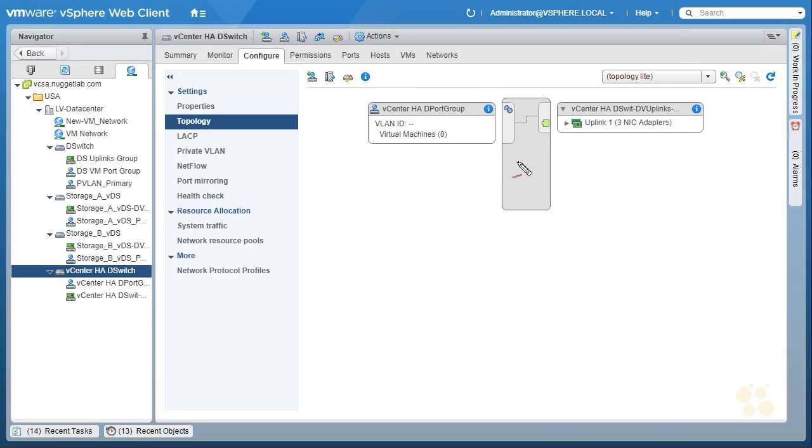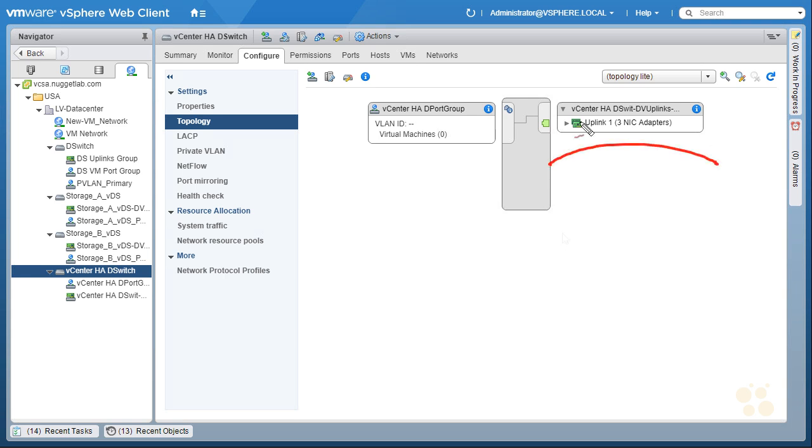We now have our distributed switch right here with this port group and this uplink. And again, one of the beauties of a distributed switch is that it's consistent across all of our ESXi hosts, meaning each of our ESXi hosts are going to have this port group as part of being associated with this distributed switch. Another benefit of using a distributed switch is that we have additional opportunities to discover what we're physically